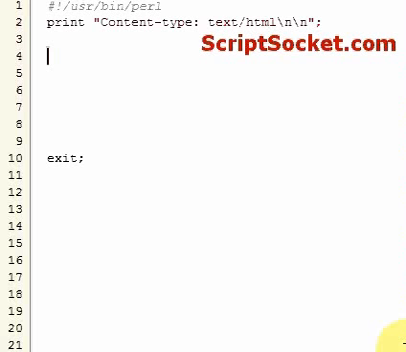Perl tutorial part 4, arrays. Now an array is used to hold several or many data items of the same kind. So we can create an array of numbers. We use the @ sign to create an array. For example, an array of numbers